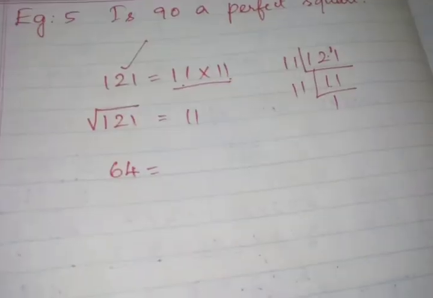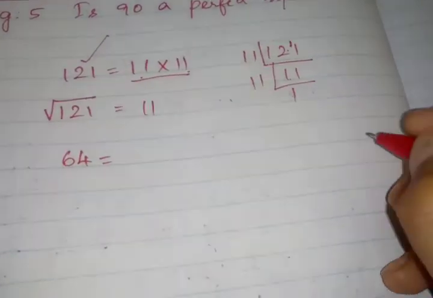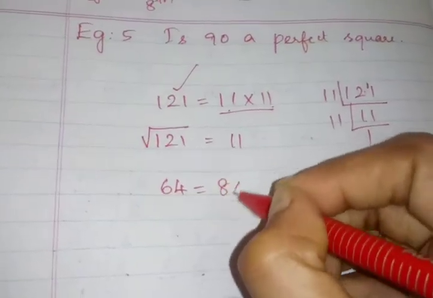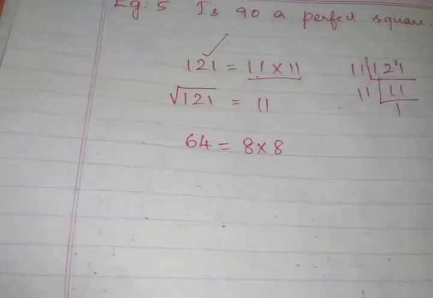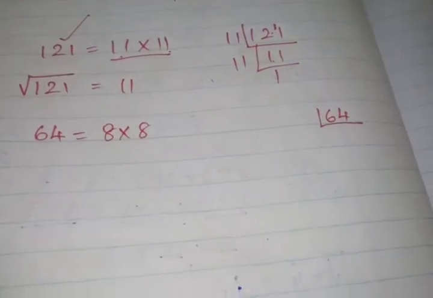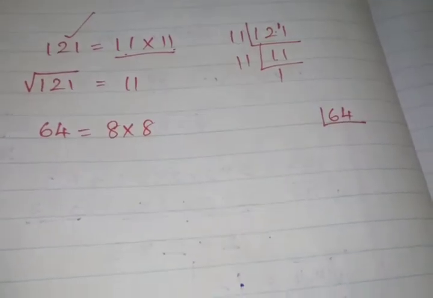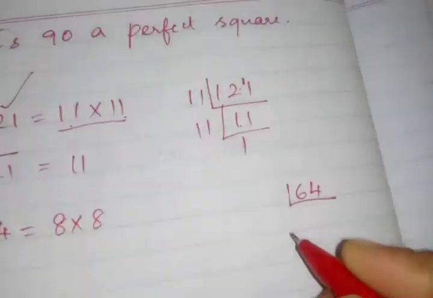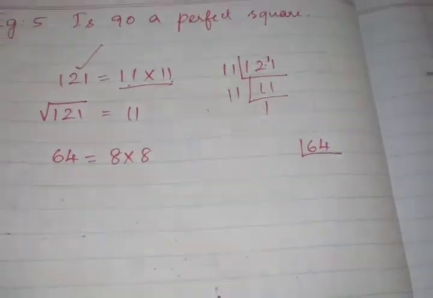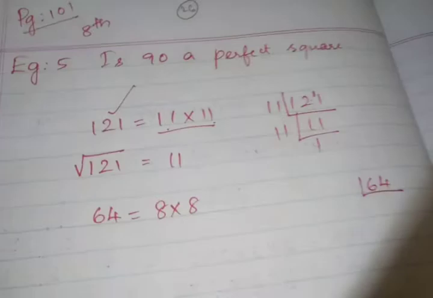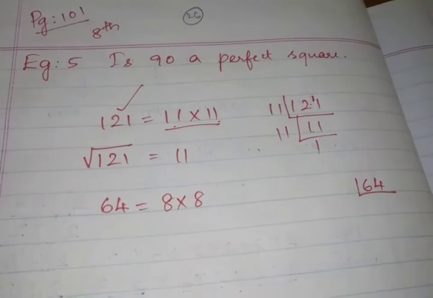I'll give you one more number, 64. I'm saying this number is a perfect square. How? I'm doing a prime factorization of that number. We already know 64 is 8 into 8, 8 eights are 64. But for smaller numbers we already know; for larger numbers you should do the prime factorization. Even for small numbers you can do the prime factorization. So for 64 I am doing the prime factorization. If a number is a perfect square, then the pairing should take place. You should do the prime factorization of a number, only then can you find whether the pairing takes place or not.